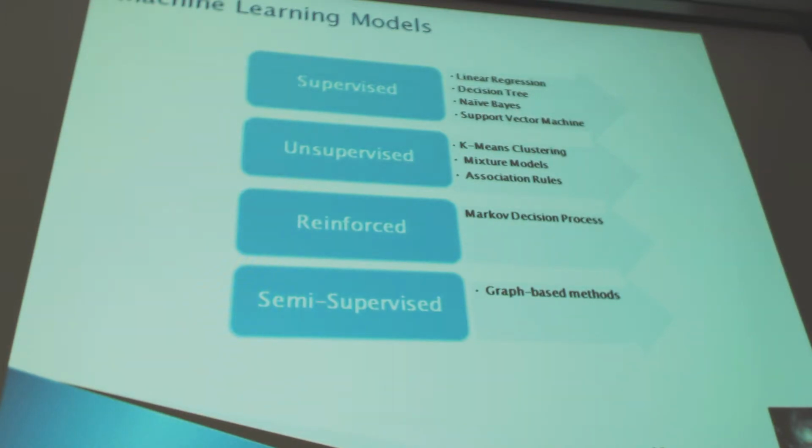The other is association rule, as I mentioned, like ham and cheese is really associated with bread. So when a customer buys ham and cheese, most likely the customer will also buy bread. So this is an association rule used in market basket analysis. The other type of machine learning model is the reinforced model, for example, Markov decision process. Reinforced learning is something like a decision maker decides at a stage S whether to take an action A or not. If he takes an action and is successful, he gets a reward.